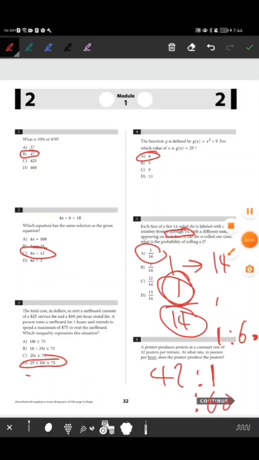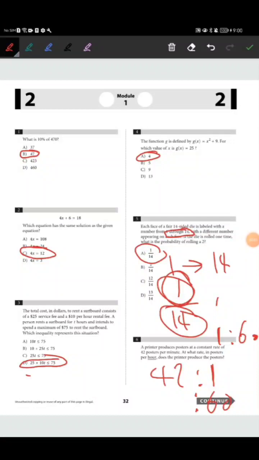Question number 6. A printer produces posters at a constant rate of 42 posters per minute. At what rate in posters per hour does the printer produce the posters? So it makes 42 posters per minute, and an hour has 60 minutes. So what would it do in 60 minutes? So 42 multiplied by 60,